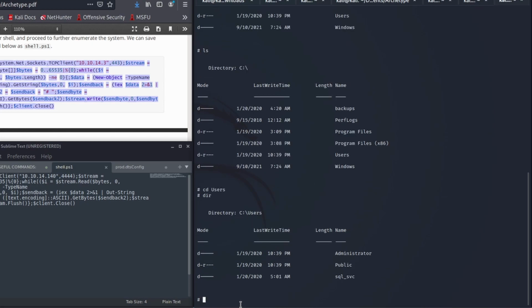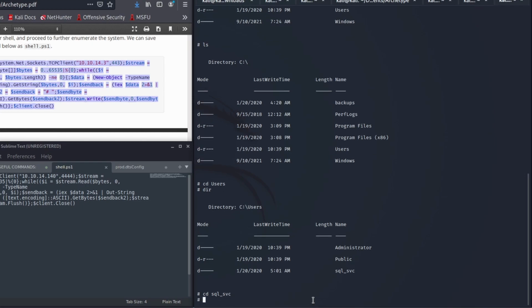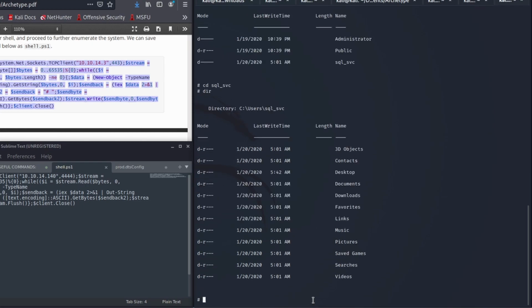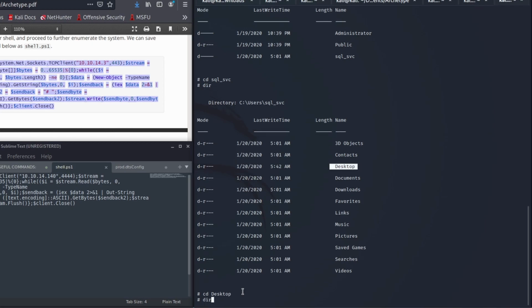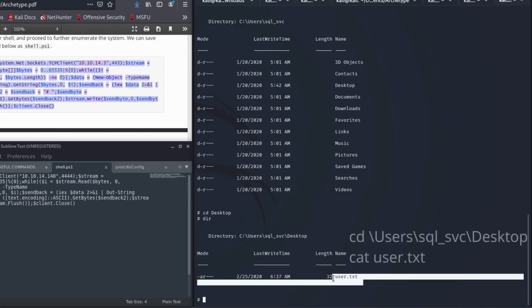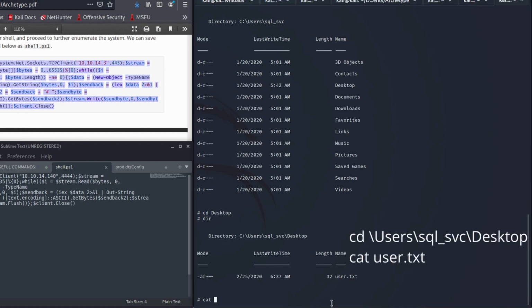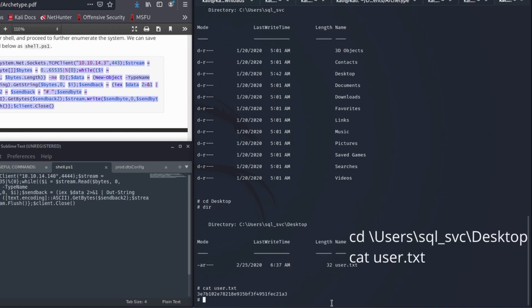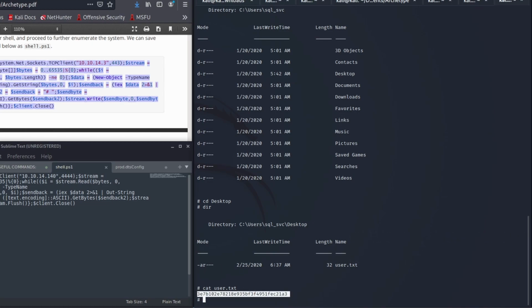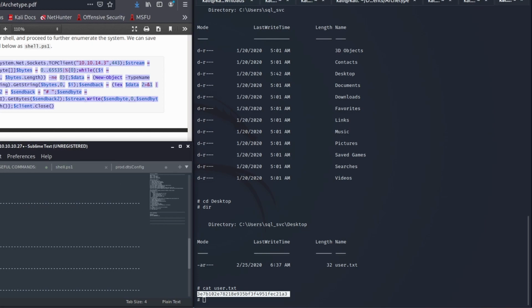So cd to users. Let's just go and grab the user flag. Public and SQL_SVC, administrator as well, but you probably wouldn't be allowed access. So I'm just going to go to SQL_SVC, and then usually they put the flag in the desktop area. So if we change to the desktop, there it is, user.txt, and then the cat command I think will work fine. Yeah, there you go, and that is for you to copy and paste in your Sublime, ready to submit to